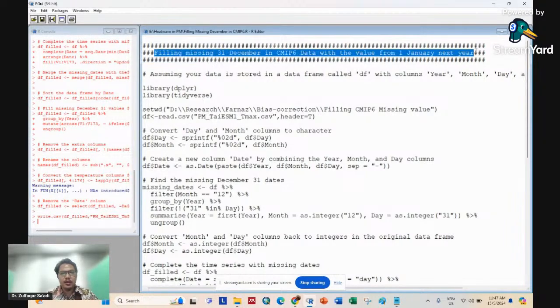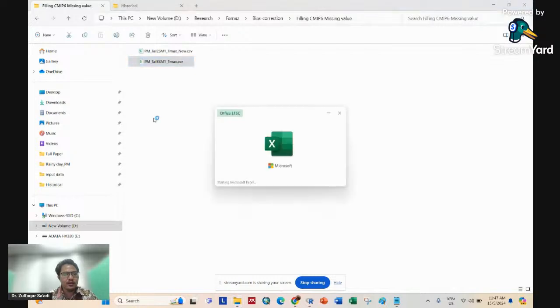The process is simply that we fill the missing 31st December in the CMIP6 data, in this case TaiESM1, with the value from 1st January of the next year. But if you want to be more particular and impute the missing data with maybe an average or something like that, you can modify this code. But I believe this value is negligible. This is only 16 out of